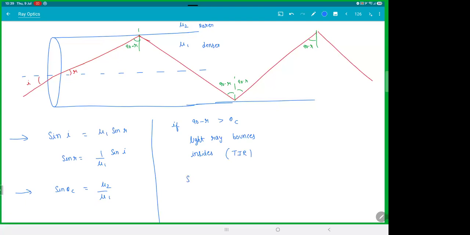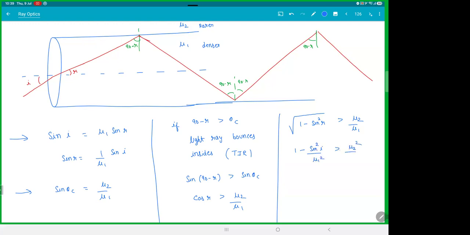If you put sine on both the sides, we get sine of 90 minus R is greater than sine theta critical. Sine of 90 minus R is cos R. Sine theta critical is mu2 by mu1. Cos R is nothing but root over 1 minus sine square R. And sine R is nothing but 1 by mu1 sin I. So that would be 1 minus sine square I by mu1 square is greater than mu2 square by mu1 square. From here, we get sine I is less than